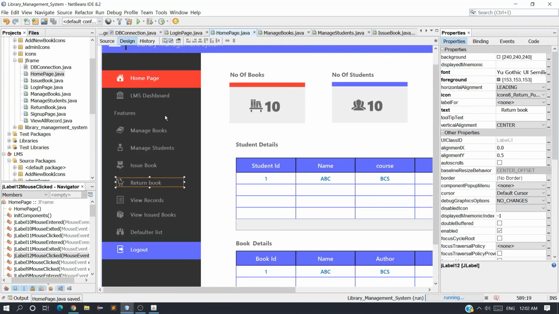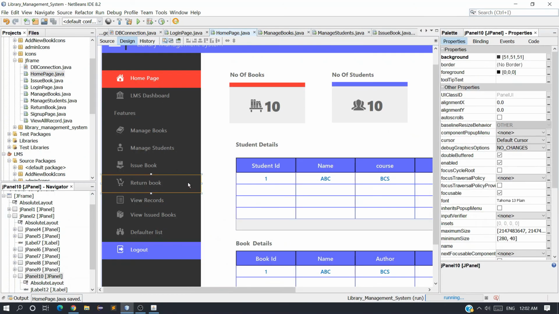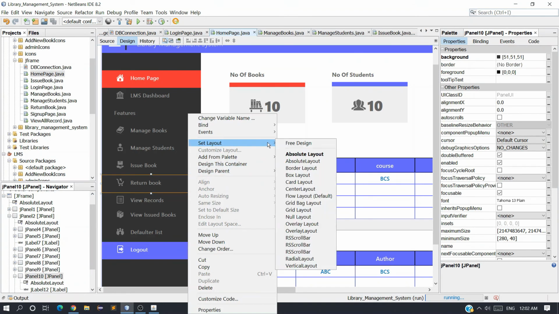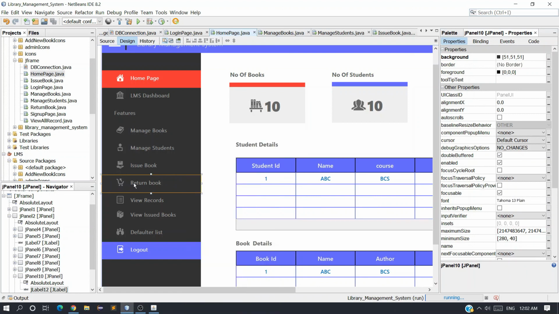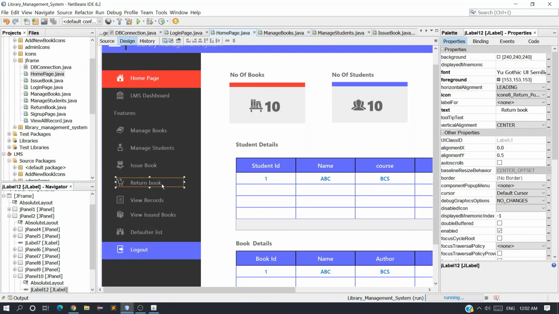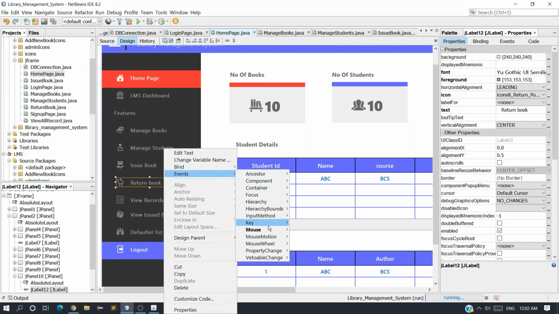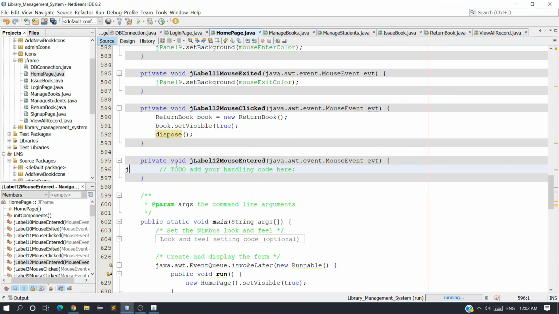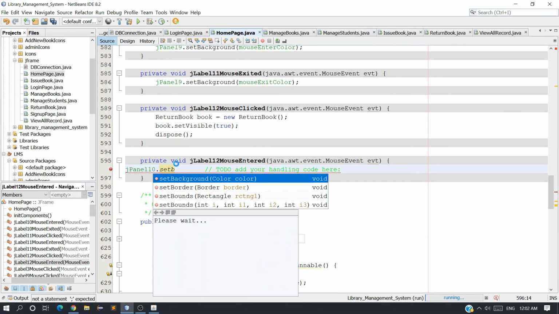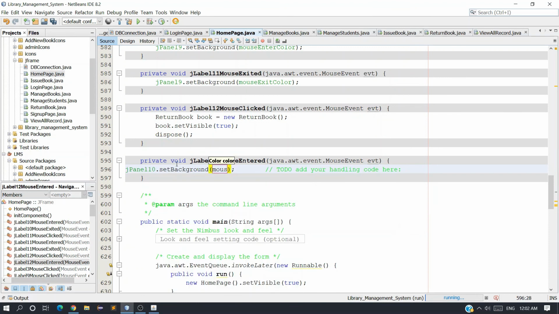And next I want to also apply this mouse hover event. So set, not set, event, mouse. First let me check the panel name. So select the panel, and here you can see the panel name is jpanel 10, and so select this label and event mouse entered, and the panel name is jpanel 10 dot set background, and the color should be mouse entered color.